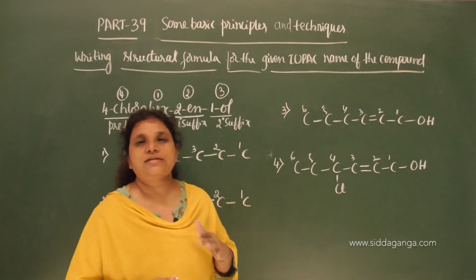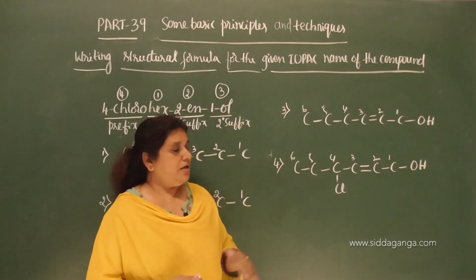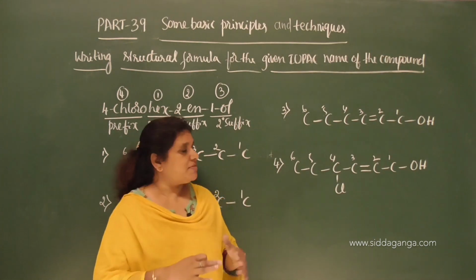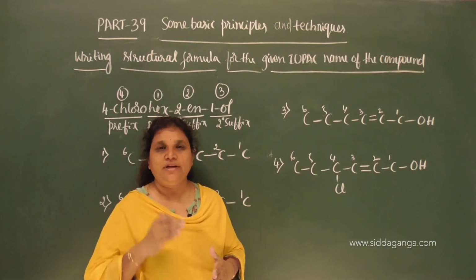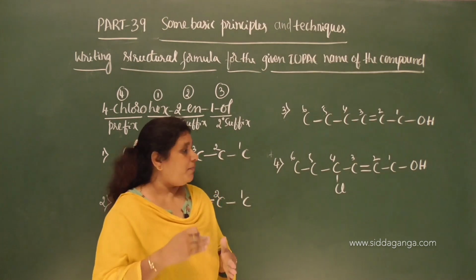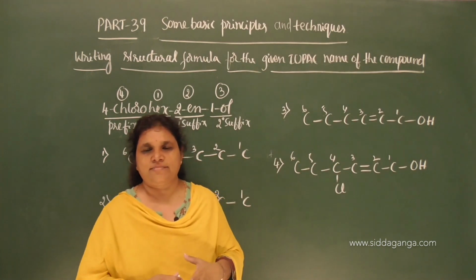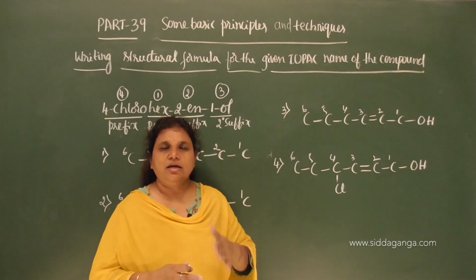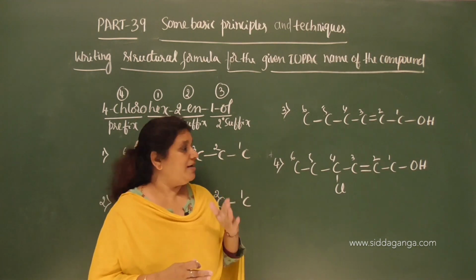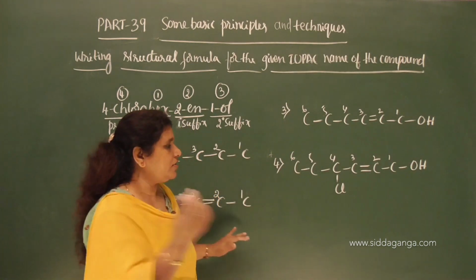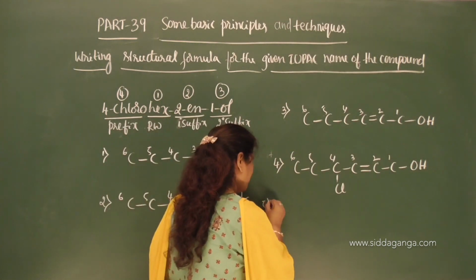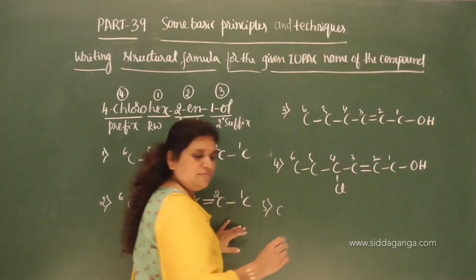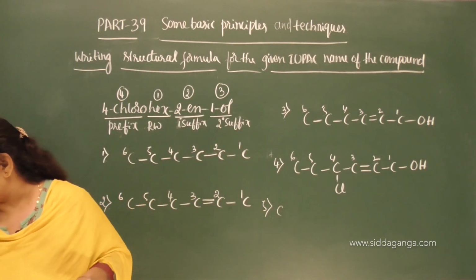satisfy its tetravalency. Now we have the carbon skeleton, and that carbon skeleton must be filled with hydrogen atoms. While filling it with hydrogen atoms, we say with the appropriate number of hydrogen atoms. What does appropriate number of hydrogen atoms mean? Each carbon should satisfy tetravalency. So now consider the fifth step here, and we have 6 carbon atoms in the chain.